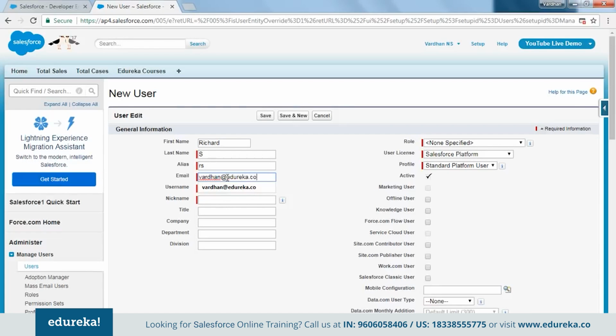Can anybody guess why I'm entering my own email address in this case? All right, for those of you who don't know why I'm doing that, it's because whatever user I create, right, no matter what his username is, what his password is, whatever account he's been assigned, the link to activate his account will be received at this email. So in the real world scenario, we would put his email address, but if I put his real email address over here, then I would not get the activation link. Since it's a new user, I'm just going to put my email address here, and the username field, I'm going